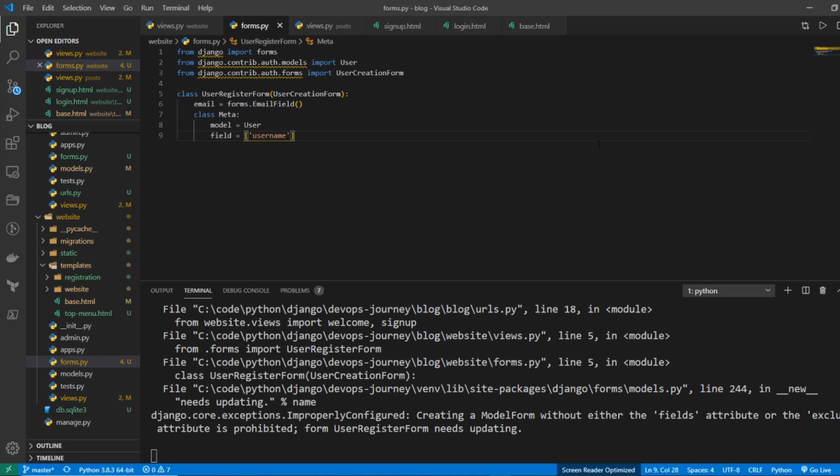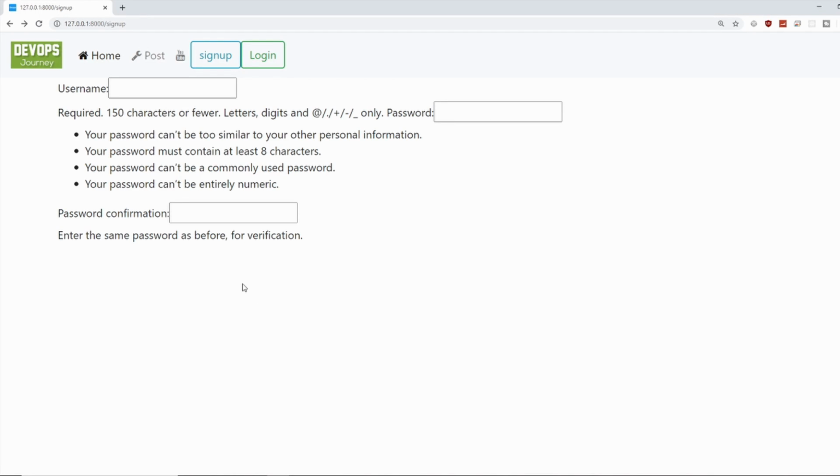username, email, password1, password2. And the reason we have password1 and password2 is you have your first time you input your password and then your confirmation password. So that looks good. Now if we go in here and refresh,